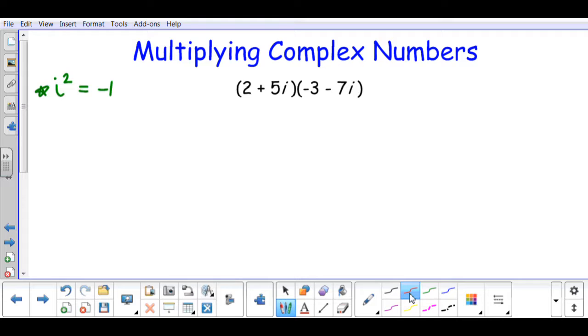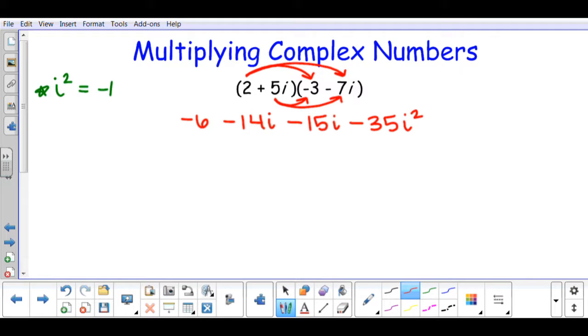So let's start to FOIL. I'm going to start with my first numbers and go 2 times -3, and I multiply to give me a -6. And then 2 times a -7i will give me a -14i. Then I have 5i times a -3 to give me a -15i. And then a 5i times a -7i to give me a